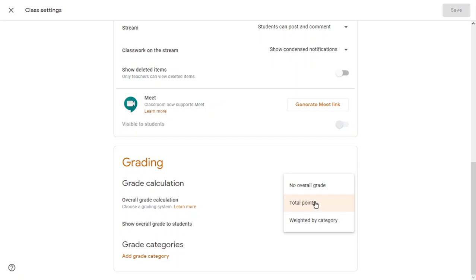Here there was no overall grade. Now I set it to total points, and I can also make the overall grade visible to the students. Then I save the option.